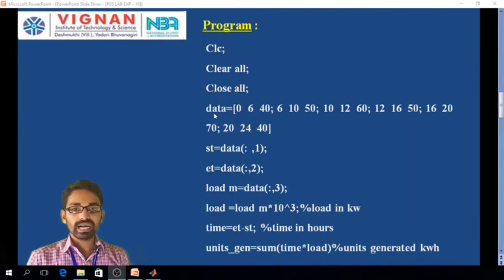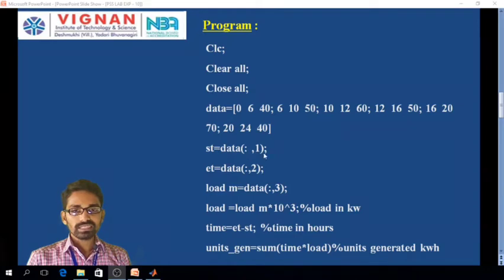And you have data. The data command I am giving as a matrix. The first row is 0 as starting time, 6 as ending time, and the load is 40 in megawatts. The same data totally I have given in matrix form, and then I have taken start time ST, data colon comma 1 semicolon.